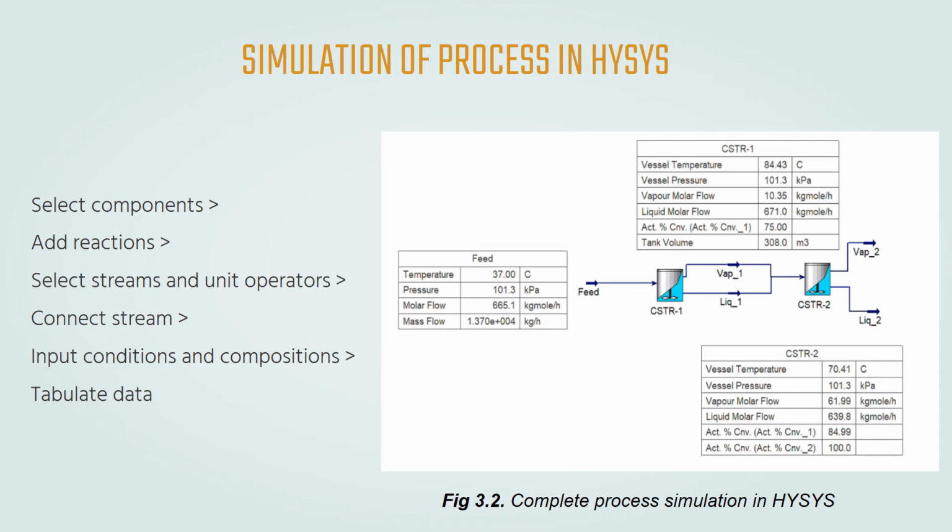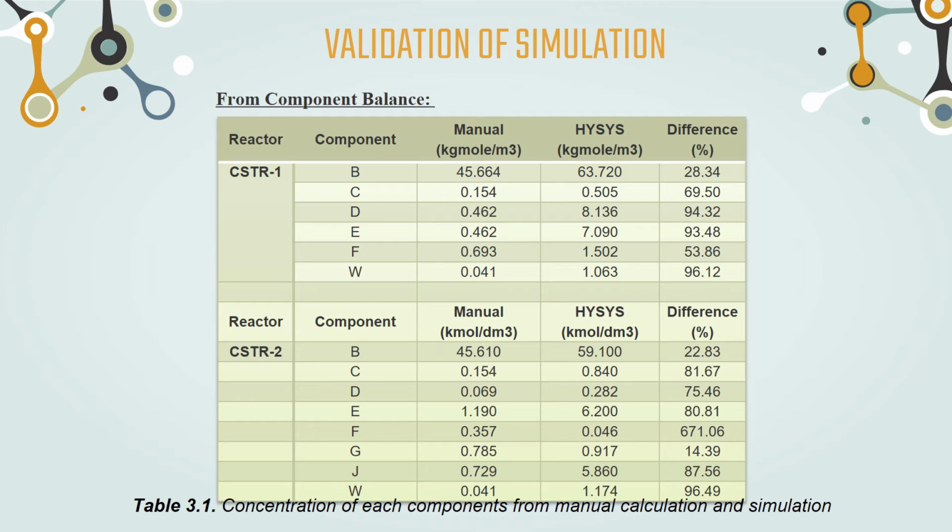Next, we'll set the parameters such as the temperature, pressure, flow rate, or composition that we got from the previous chapter. The diagram over here is the simulation that our group has done in the HYSYS. The CSTR here appears to be in blue color, indicating that our simulation is successful, or else it would be yellowish color. After we are done with the simulations, we'll validate the simulation by comparing the values from manual calculations